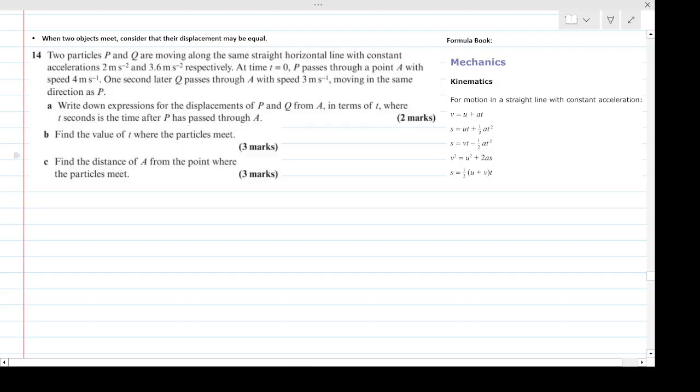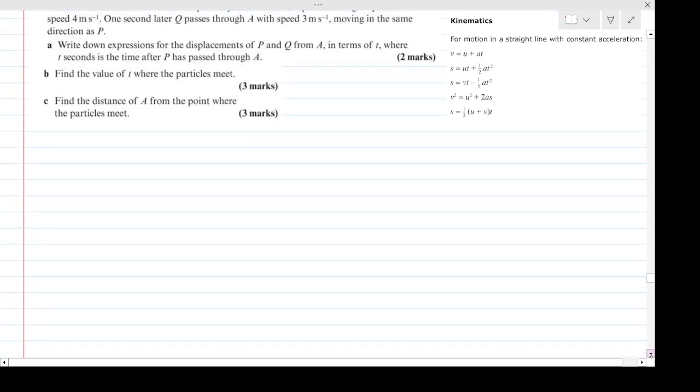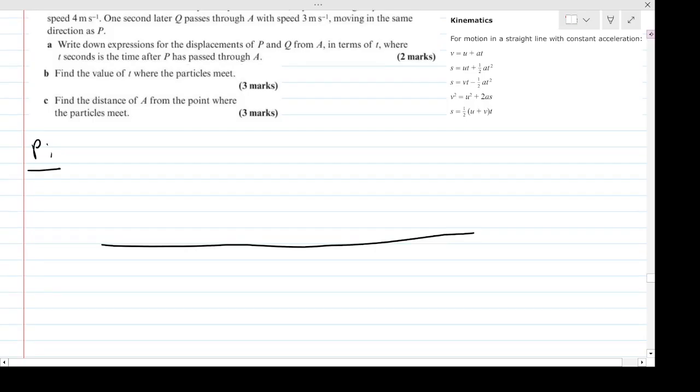Okay, so we've got this question here, slightly different. So here we're told two particles now, P and Q, so 2 different objects moving. They're moving on the same line with constant acceleration 2 and 3.6 meters per second squared. At time t0, P passes through A, and so on. Okay, so what's going on here is essentially we've got 2 different things moving. What I'm going to do is do them separately, alright? So firstly, this is going to be P, the movement of this particle P. So what we're told about P is